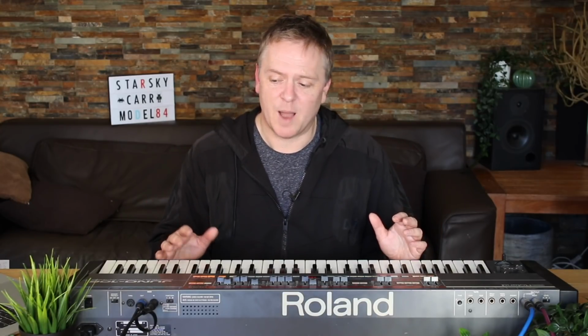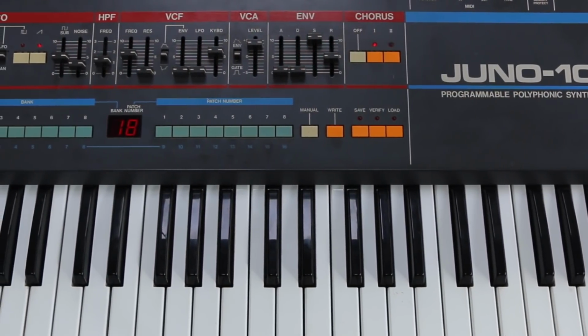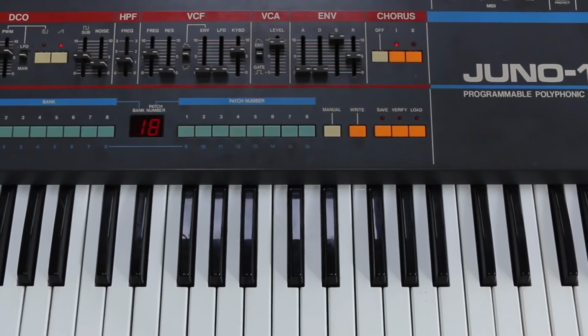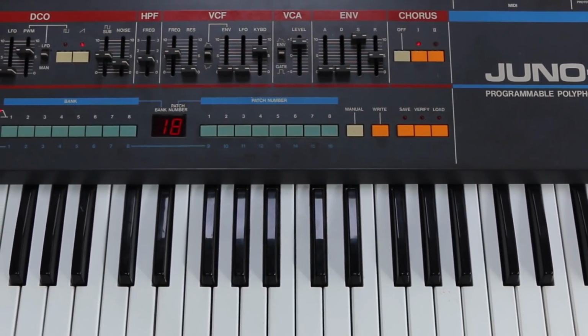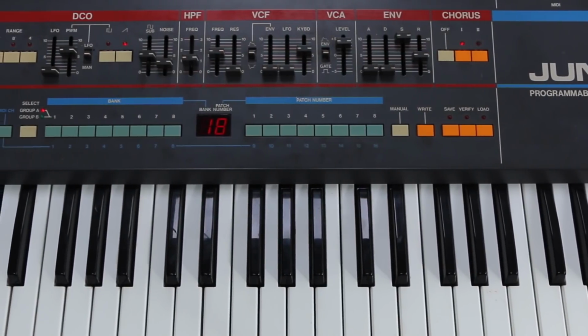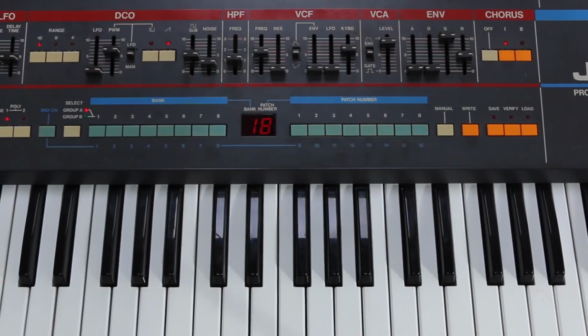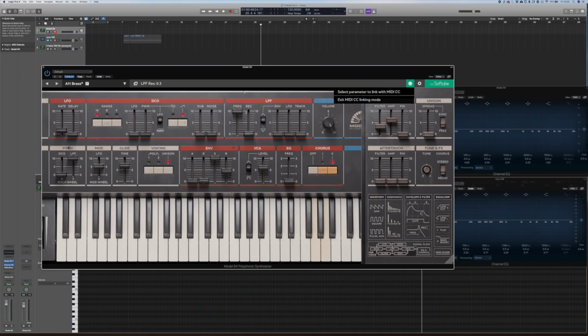So it's a really, really nice bit of software. I'm not going to get rid of my 106. I love something that I've had around for years and years. But from a software perspective, it's absolutely brilliant. And obviously, you can use as many of them as you want in a mix. So really good. There's one thing I have noticed though, and that's if we go here to the link-in mode